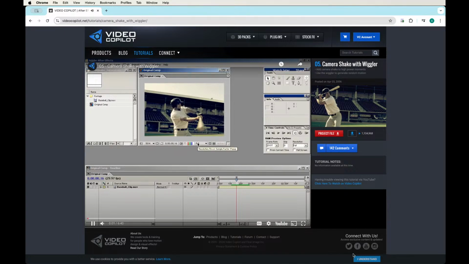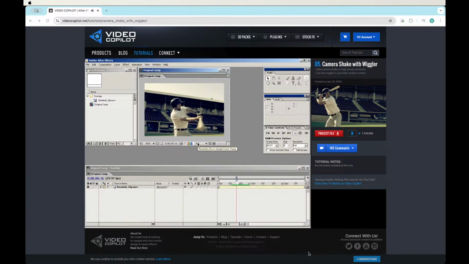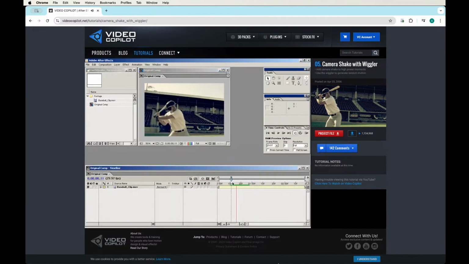Hi, Andrew Kramer here with VideoCopilot.net. In this tutorial, I'm going to show you how to add camera shake inside of After Effects. Now, the idea behind this is to create the perception of power. For example, say you have a meteor coming down from space and impacting with Earth. You want the camera to kind of shake as if that impact was affecting what you're seeing visually. Does that make sense? Anyway, in this particular case, we have a baseball player hitting a ball, and in this